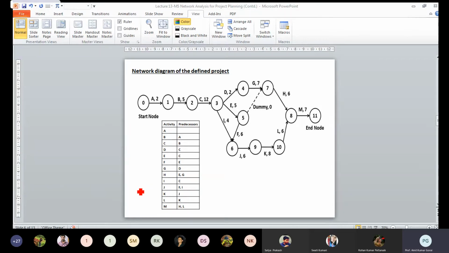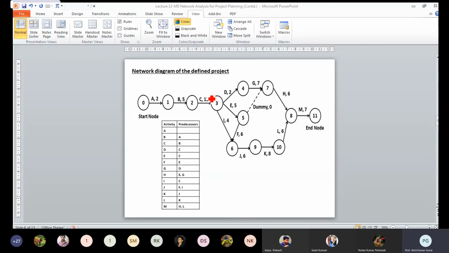It is written, you have identified. Now if you see, C is the predecessor of I, so here we have drawn it. F and I are the predecessors of J. Here you can see we have directly connected them. There is no dummy path because these two are not coming directly from here. You cannot do two paths like from two nodes. But if there is a third node, if you are connecting it, you can do it.